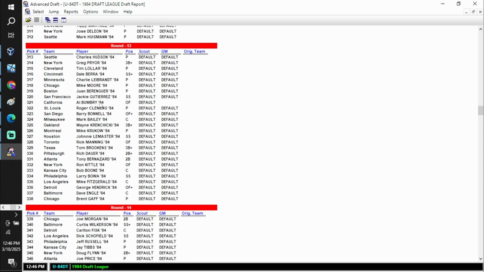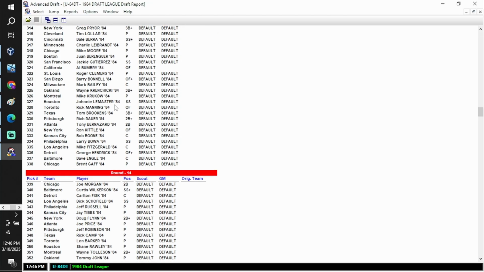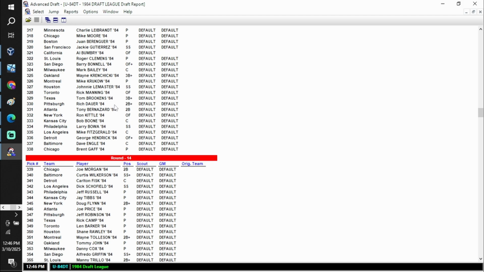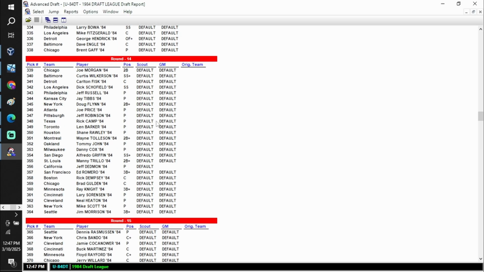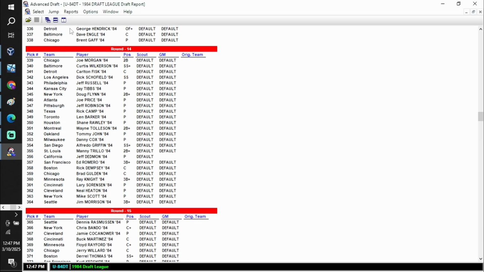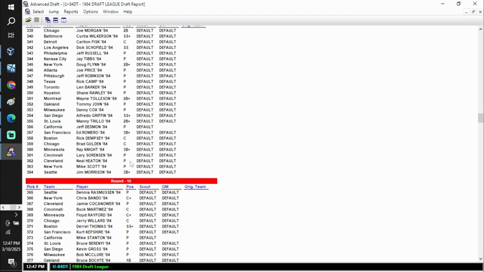I passed up Clemens for Al Bumbry, so that could be a big mistake here. We'll see how that plays out for me. I don't recall why I did that. I let Joe Morgan go, I remember that. Jeff Dedmon, not really thrilled with that, but we had no relief at that point, so